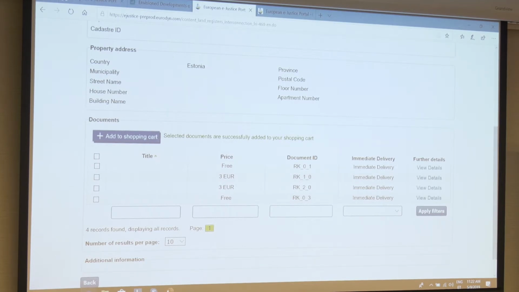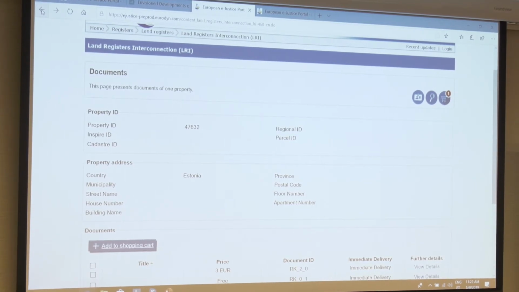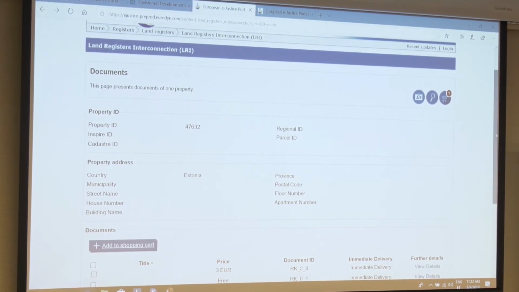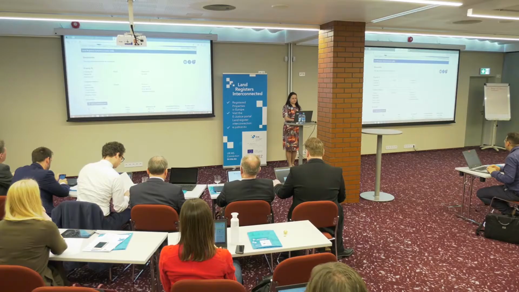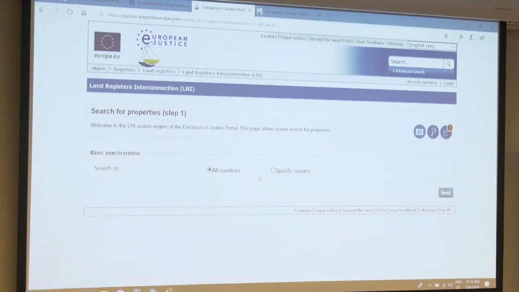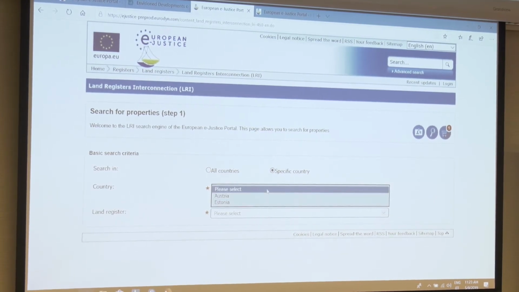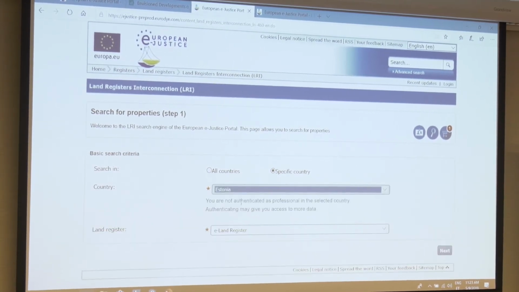Time is running. I'm not going to continue further from here, but I will show you one more peculiar thing, which maybe raises questions, and you will have interesting discussions later about it. We have address information in Estonia considered as one field to search for. So you can actually put the data regarding the address in different fields.